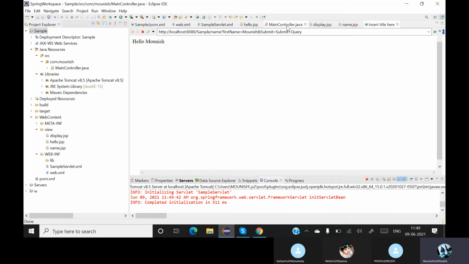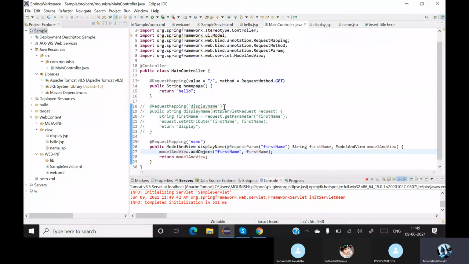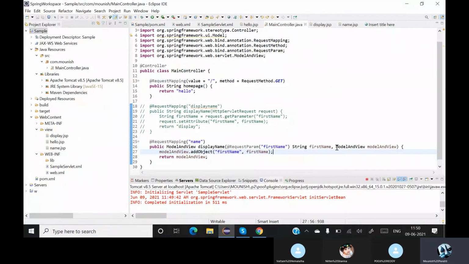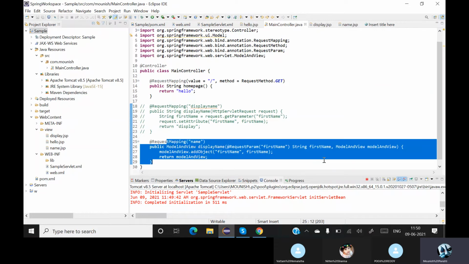So there are three different ways of running this. One with the HTTP servlet, one with the request parameter and model. When you are using the request parameter and model, that is basically the perfect Spring type. To make it more optimized, you directly use the model and view. Everything whatever you want to give is given here itself.